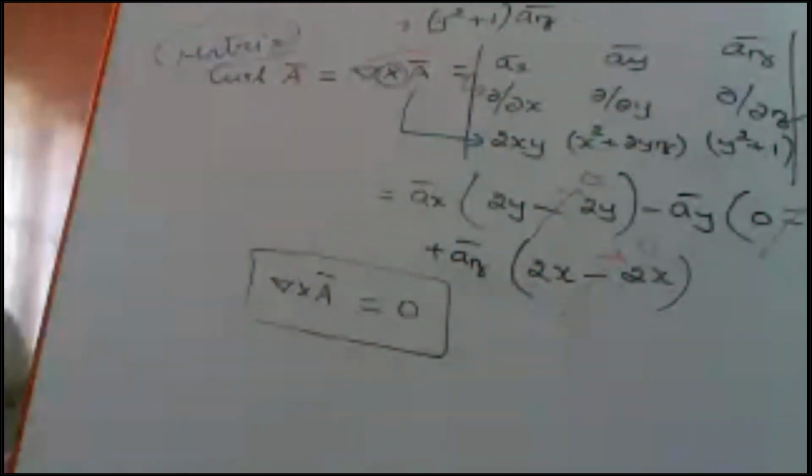Shall we move to the third problem now? The third problem: we have to find the divergence. Can you do that particular problem? Take it as homework and try to solve that. See, it's not a proof actually. The point is you have to find the divergence value. What type of answer will you get, a vector value or a scalar one? What will be the result of a divergence operation?